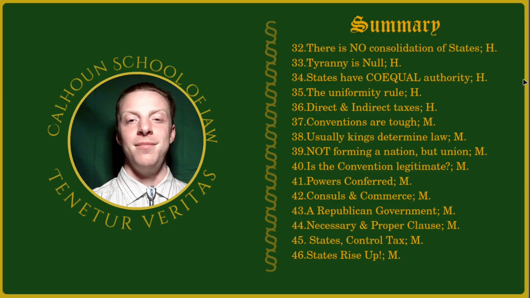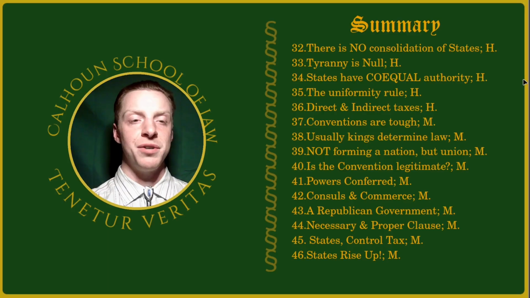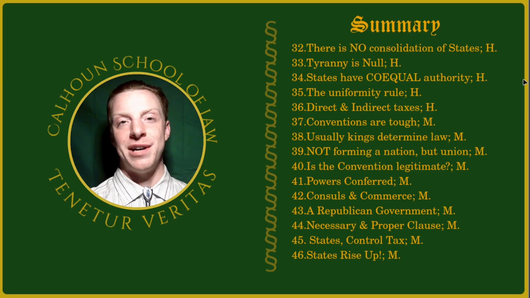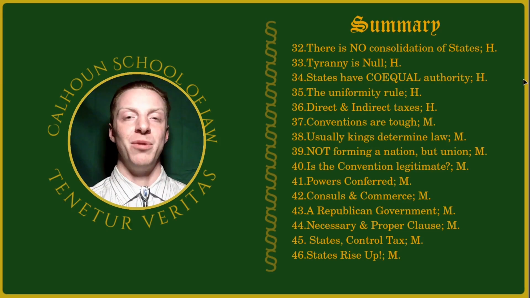But direct taxes being something individuals can't avoid, indirect taxes being something individuals can avoid. So an indirect tax would be something like a sales tax, because you don't have to purchase a certain item. A direct tax is something like an income tax, something like an occupation tax, where if you practice that occupation, you have to pay that tax. Now, of course, you can argue that all taxes are indirect because you don't have to be a member of the taxing authority, or you don't have to be subordinate to the taxing authority.